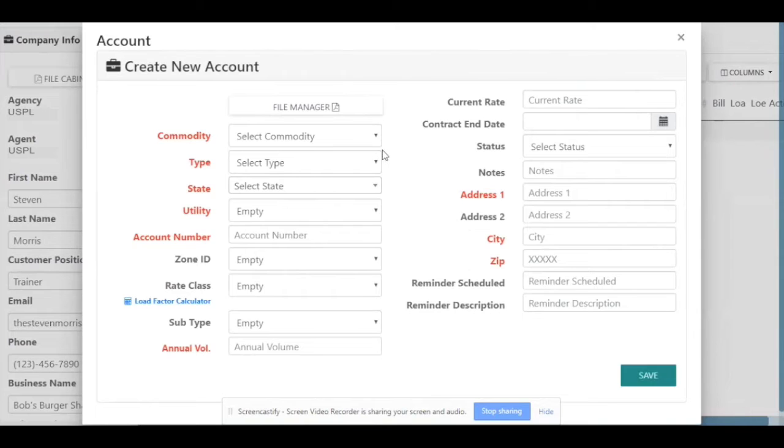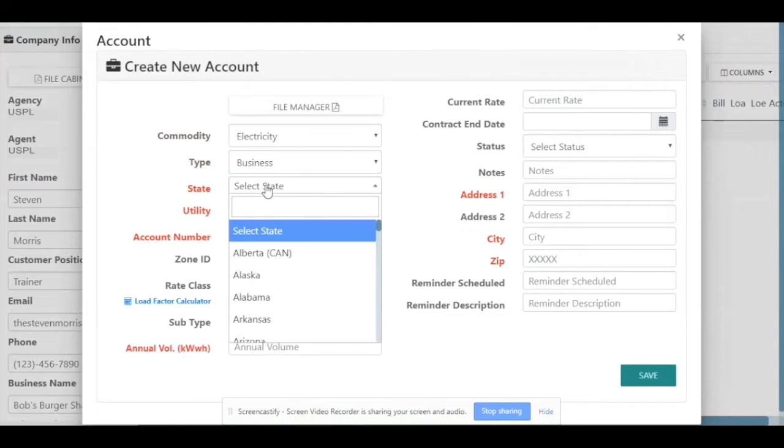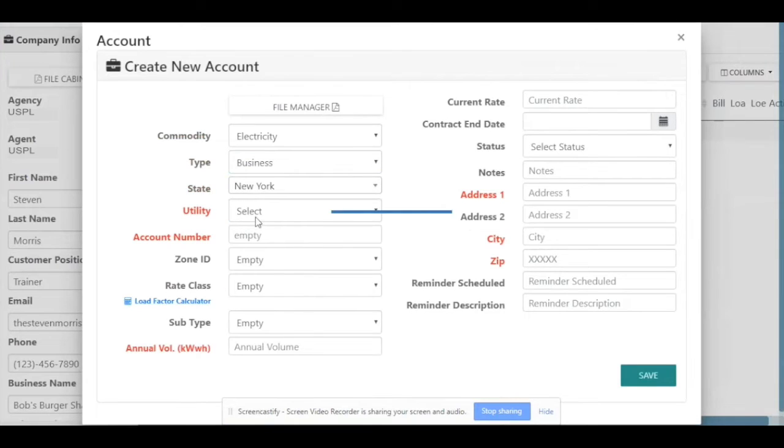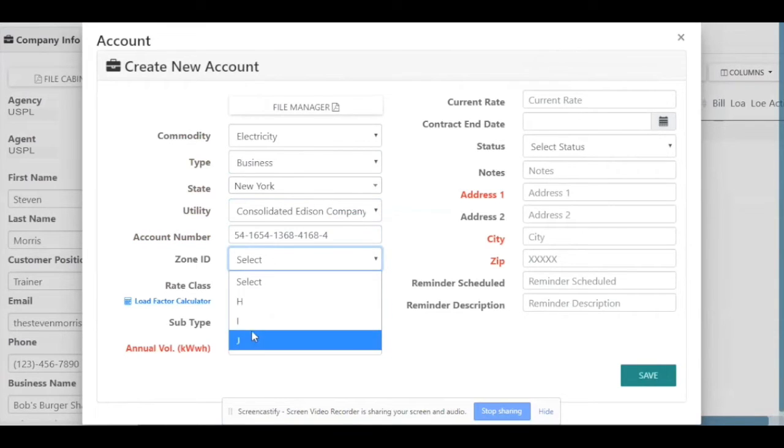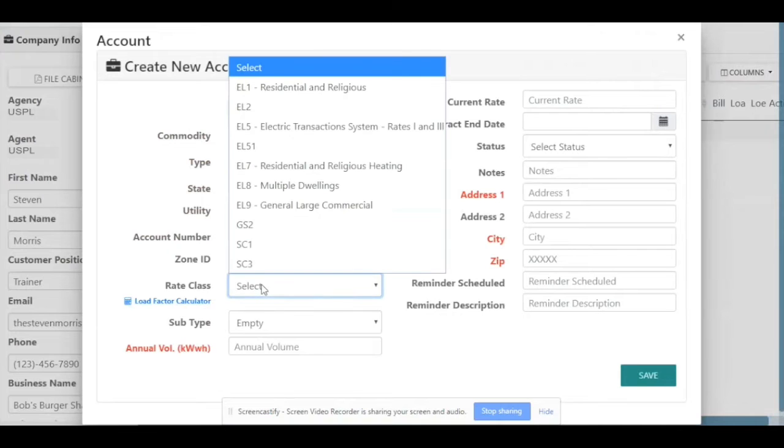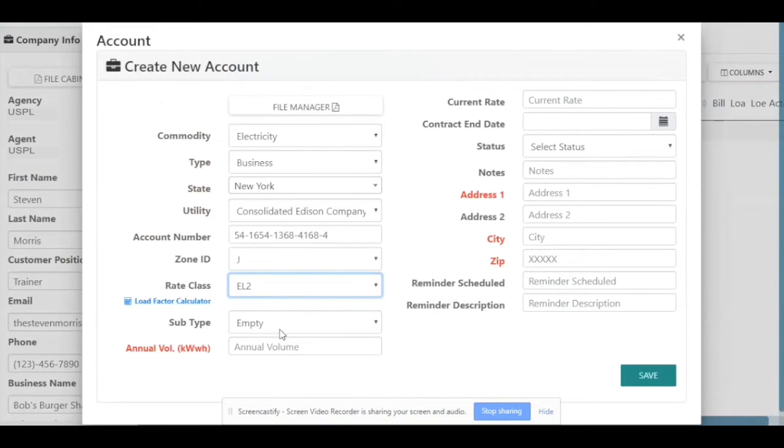From here, we are going to select the criteria for the account, whether it's electricity or gas, type, the state, the utility, the account number, its zone, the rate class. If there is a subtype of any kind, you can select it here. The annualized volume, what their current rate is,